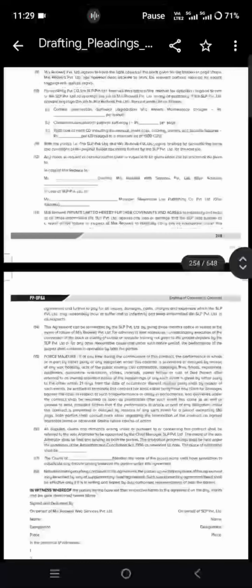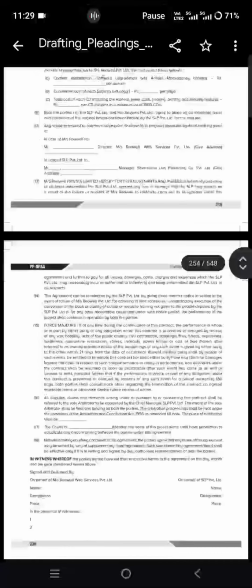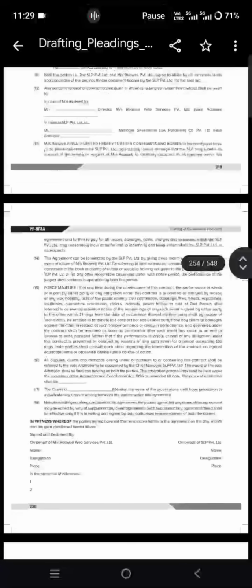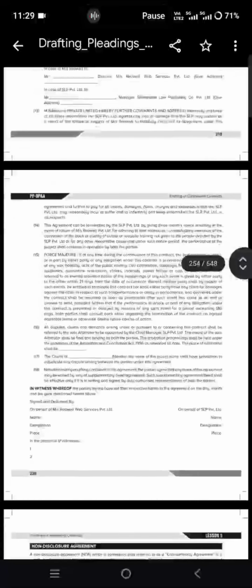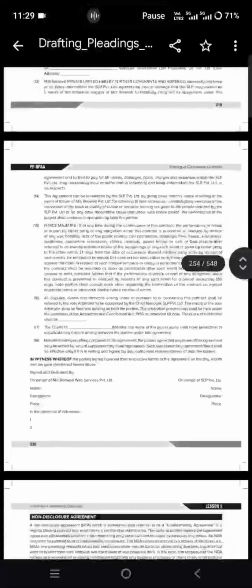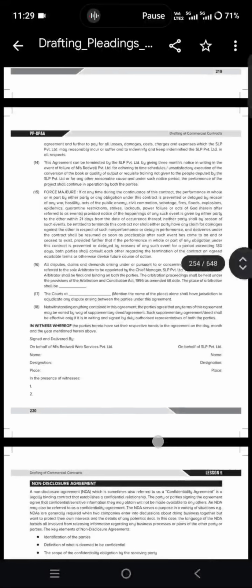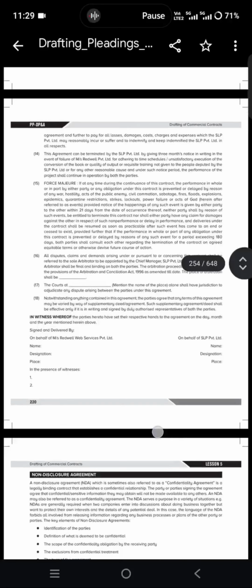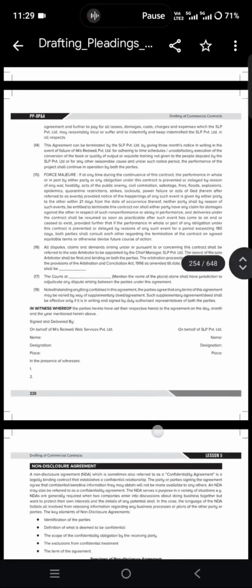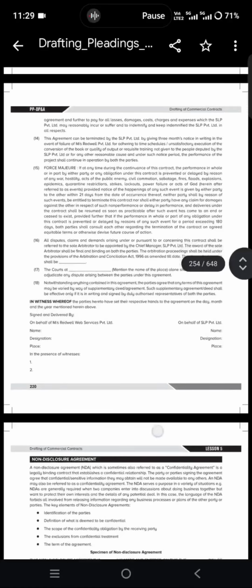Essentials of the e-contract: an offer or proposal by one party and acceptance by the other party, resulting in an agreement, consensus ad idem. And intention to create a legal relation. If you know, the Indian Contract Act points here are the same also. The intention to create a legal relationship, and intent to have legal consequences. The agreement is supported by lawful consideration and legally capable of contracting, that is, a competent party. And genuine consent between the parties.